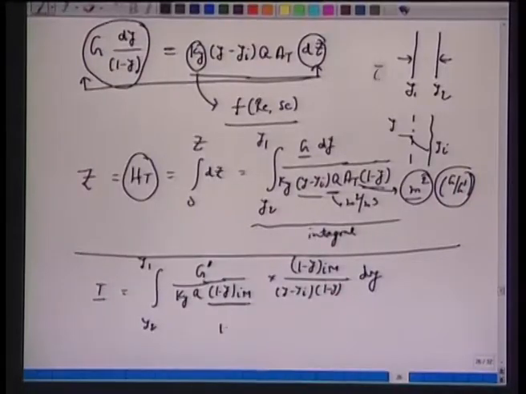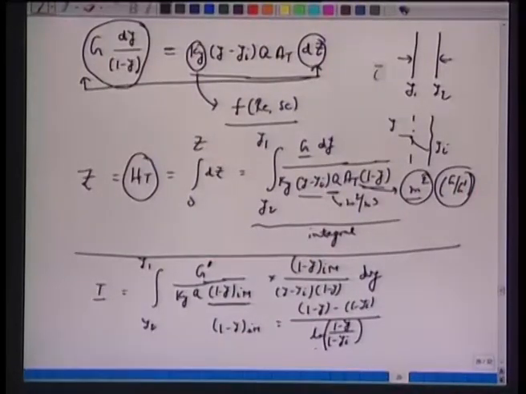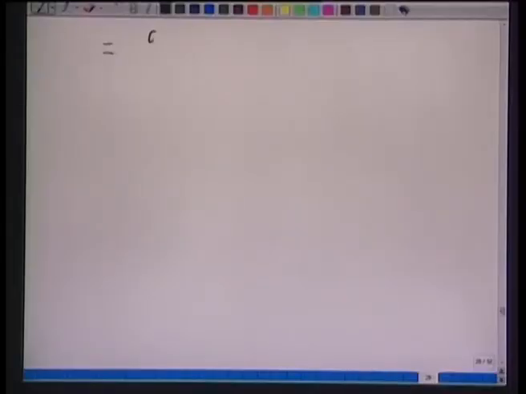Okay. 1 minus y_I m is a logarithmic average of 1 minus y and 1 minus y_I, ln of 1 minus y over 1 minus y_I. Okay. So, this integral can be rewritten as G prime over Ky a 1 minus y_I m